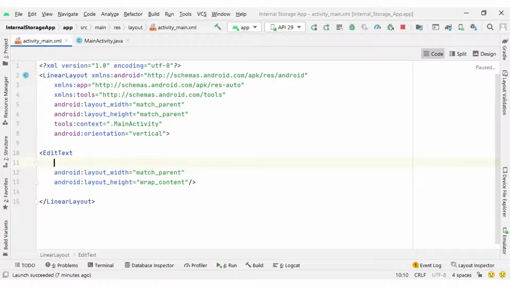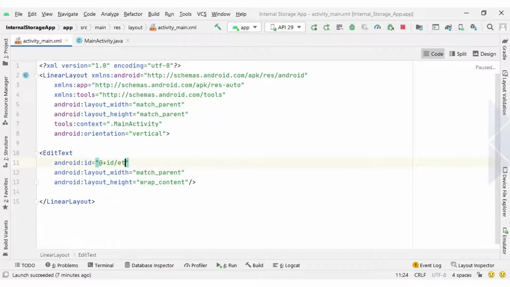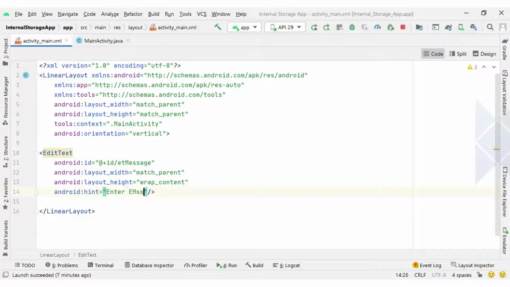The ID I have set to et message something, and the hint I will set to enter message.